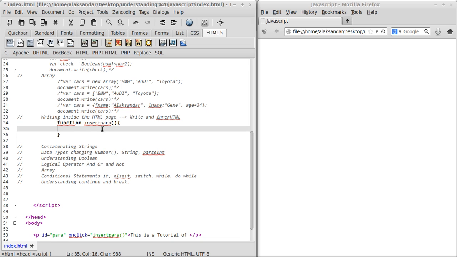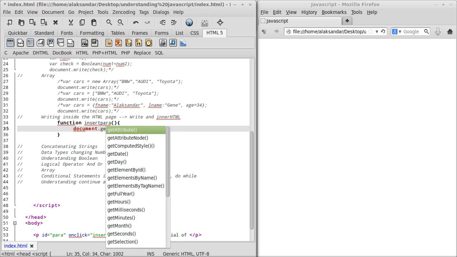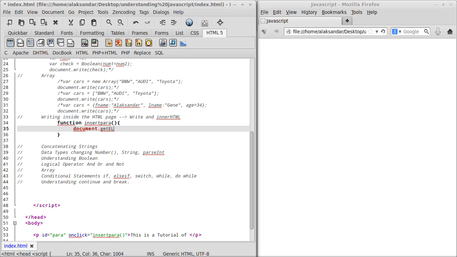So I'll just write something over here, document.getElementById. So the id is para, so this is the id, okay. I'll just add things into it, so just write equal to,